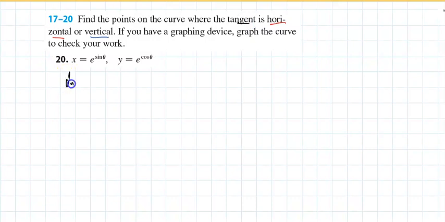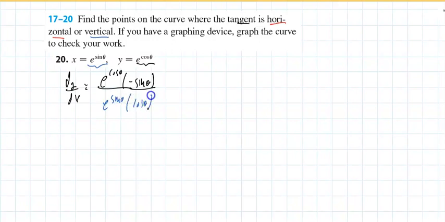Well, dy/dx, y depends on theta. They should be t, but it's the same thing. dx/dt is e to the cosine of theta times negative the sine of theta, and dy/dt is e to the sine of theta times the cosine of theta, with the chain rule. So if I want to do those individually, I would look at where would